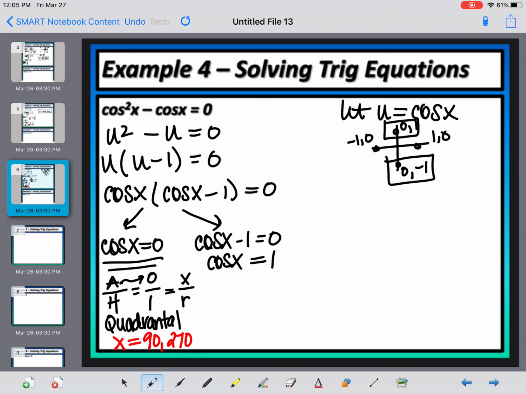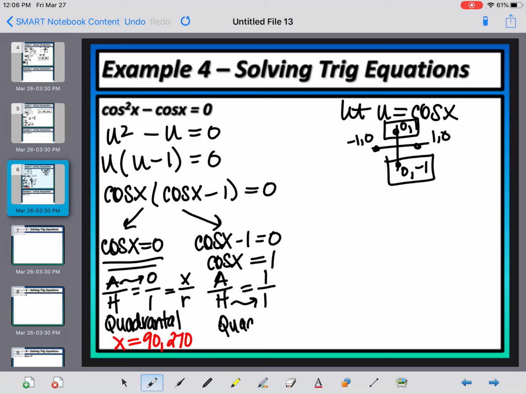Okay, cosine x equals 1 is potentially going to give us 2 more. So we have a lot of possible answers for this. So again, cosine is adjacent over hypotenuse. I could have 1 over 1. I could have negative 1 over negative 1. But again, not possible because the hypotenuse cannot be a negative. Okay, well, no triangle has an adjacent side of 1, or I'm sorry, a hypotenuse of 1. It does have an adjacent. So the hypotenuse of 1